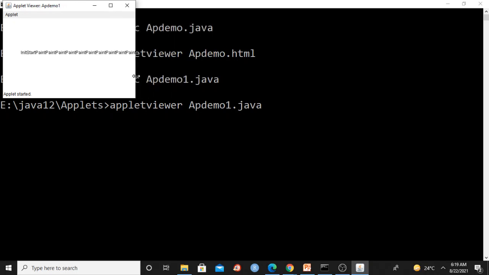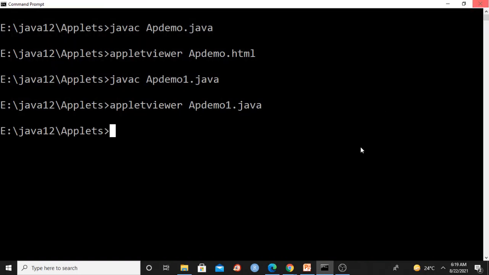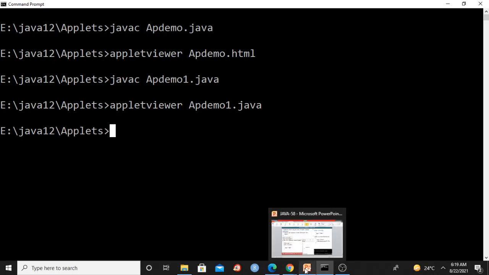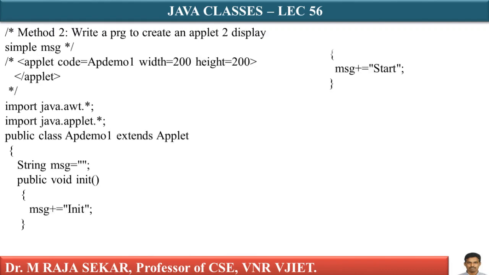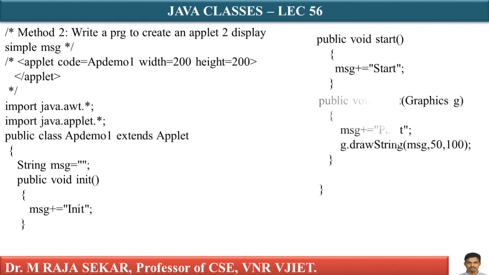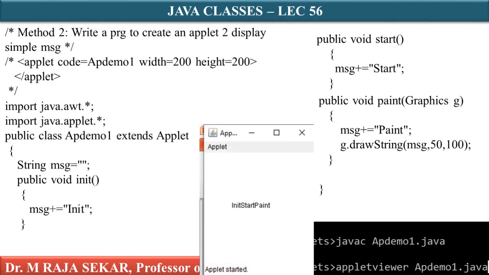These two are simply the same programs. The only difference is in the second program we are keeping code. Which code? HTML code. Just see, this is my HTML code. This code I am keeping inside this .java code only. That's the only difference. It is a simple and straightforward lecture. Anybody can understand this lecture.